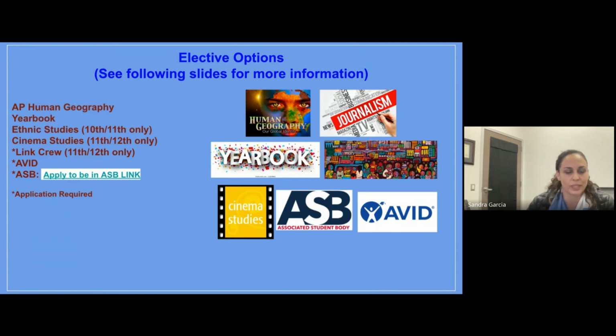So you'll be able to do that. Some of these are for the upper grade levels, just to give you an idea. Some of the options you'll be able to take later on. And then AVID is something you can take next year, which does require an application. ASB, which also does require an application. So some of these have applications attached to them, which you will have the links available to you in the presentation. And it's very important that you submit the applications for those programs if you're interested.